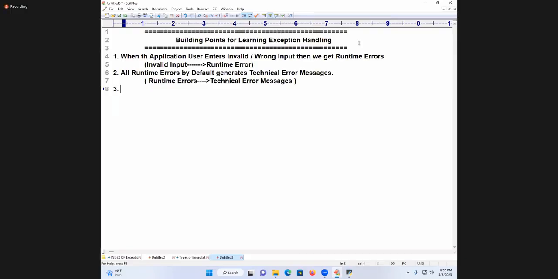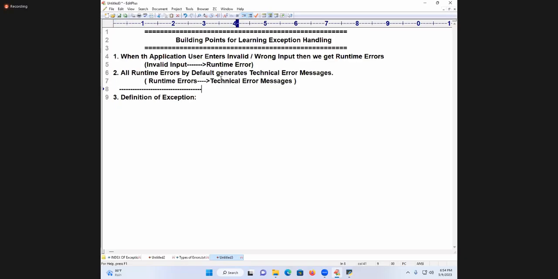What is the third point? Tell me, all of you. Okay, I'll tell you: the definition of exception, students. In normal English it is a runtime error. But exception means what? Runtime error, an abnormal occurrence due to wrong inputs. A student is listening to the class, all of a sudden a danger message comes. What is happening? Abnormal leaving, or not? So how can you define exception? This is a very frequently asked question, students.